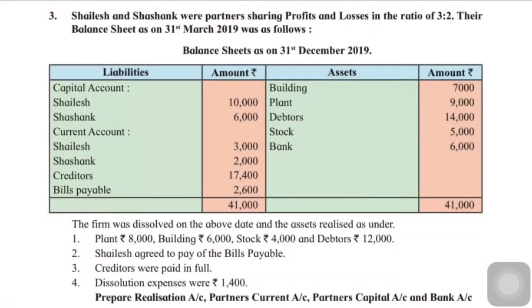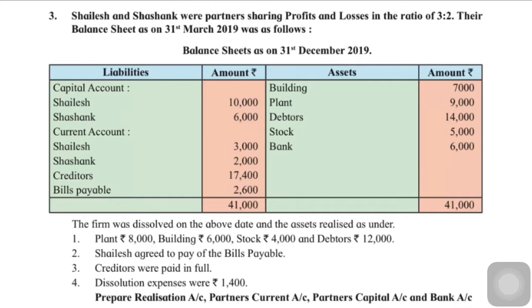Sailesh and Shashank were partners sharing profits and losses in the ratio of 3:2. Their balance sheet is given to us. Capital account and current account both are given in the balance sheet. Creditors, bills payable, they are the outside liabilities, and all the assets, building, plant, debtor, stock, bank. Bank, where it will go? Bank account. The other assets will go to realization account, debit side, and creditors and bills payable will go to